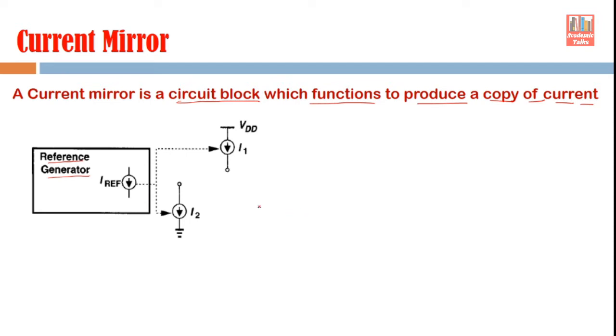Normally, what we do is have a single circuit that may be of very good quality, meaning its performance is very good, and we consider that as a reference. Wherever we need current, we make a copy from this reference source and use that copy of current at that particular location. This concept is shown here in this graph. The reference current is copied: one copy is I1 and the second copy is I2. These two copies can be used at two different locations. In the same way, we can have multiple copies.